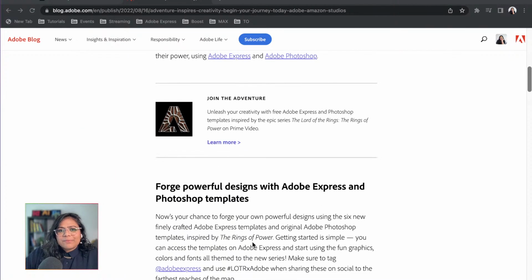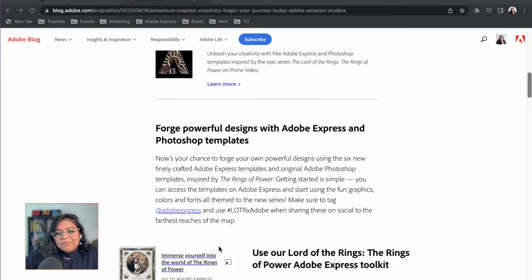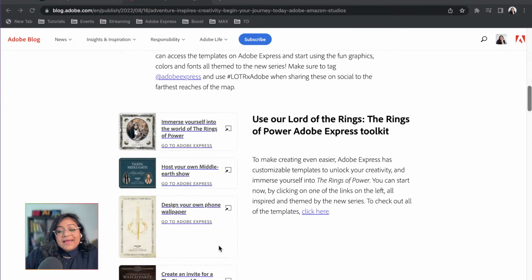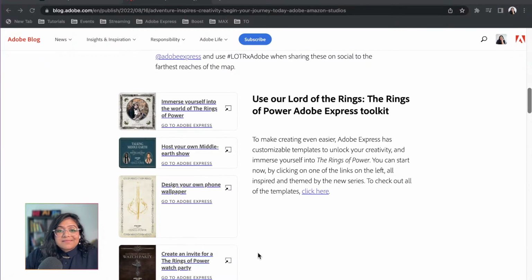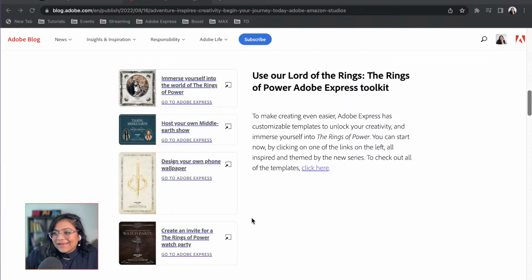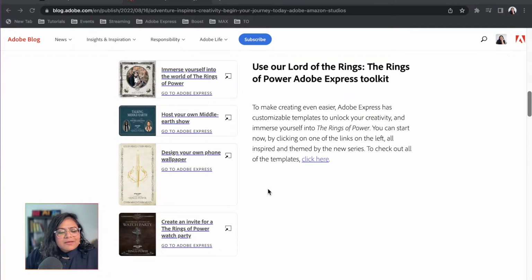But if you scroll through the page, you can actually go through and make your own designs with the templates we have. And I think that's really exciting. I feel like having all of these templates at your fingertips is the most amazing thing that could happen to you at this point in time. We were talking about social media earlier, and with so much going on in the world, and so many things to do at the same time as a creative or as a freelancer, there's not a lot of time you would like to invest in social posts. So this is a great way to use templates and then use Adobe Express to multiply those templates, make multiple pages, customize and make them your own.